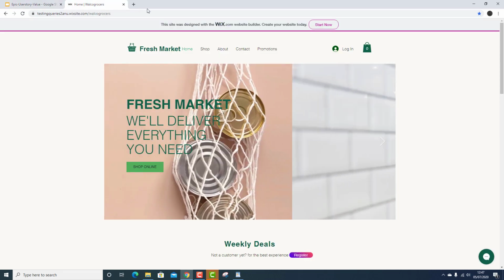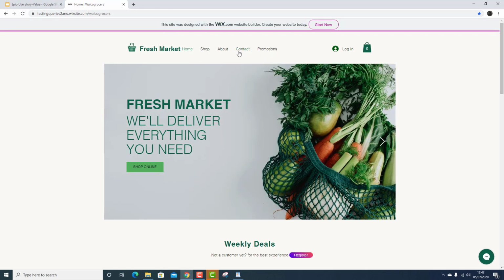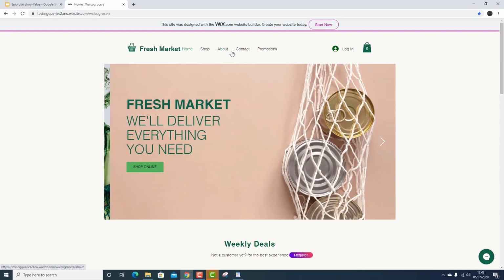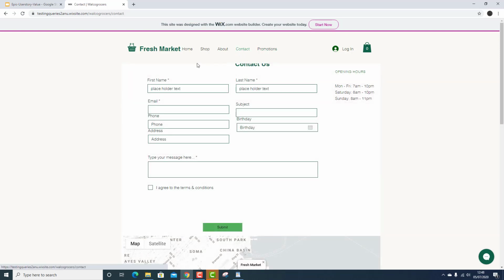Similarly, let's try to understand a couple more bugs that we might be seeing here. Okay, so let's see if we go into maybe the promotions page. See, nothing is being displayed, and let's say we click on the contact page. And in the contact page, we don't have any kind of contact information. All we have is just a map. We don't have a phone number or an email address or maybe the physical address of the location.